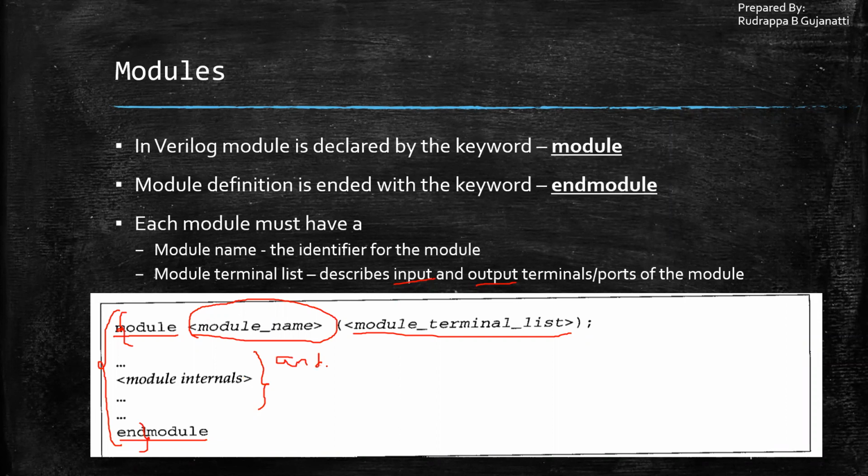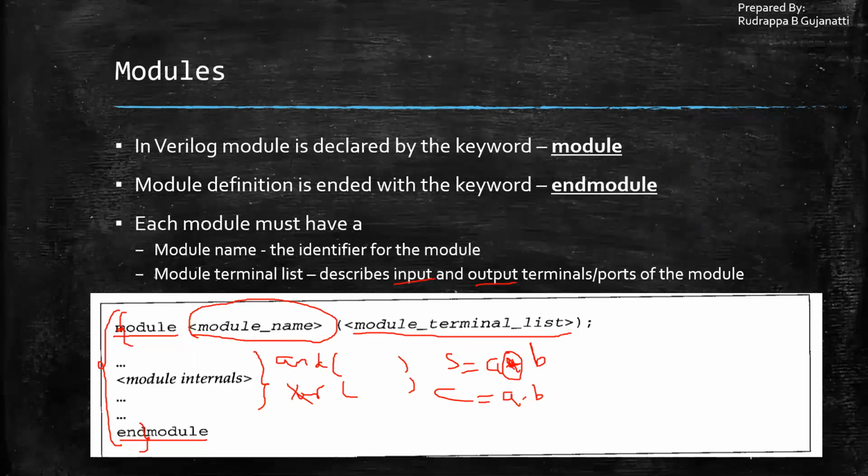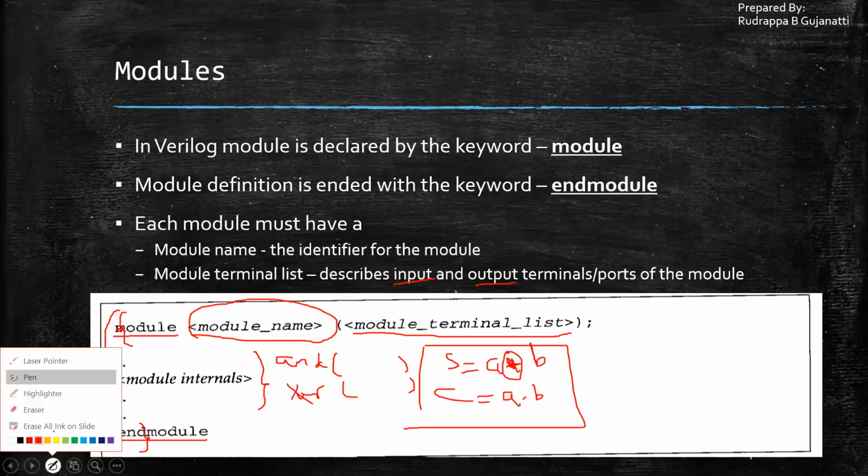So you write the XOR gate and the parameters. Or if you want to implement it in data flow format, then you have sum equal to A XOR B, and carry equal to A and B. Sum is A XOR B and carry is A and B. So if you want the data flow representation, this is how you go ahead. So these are different specifications.